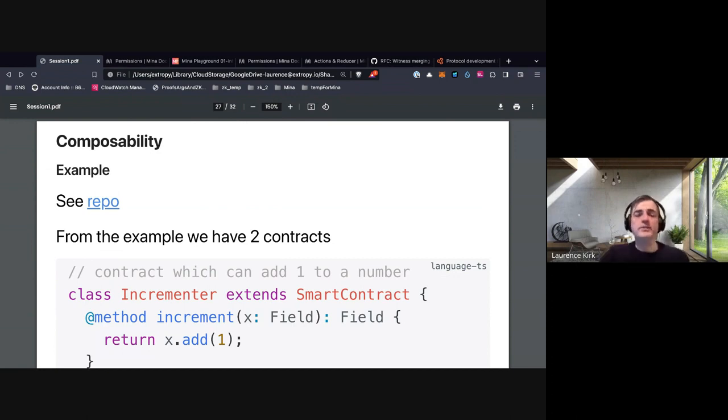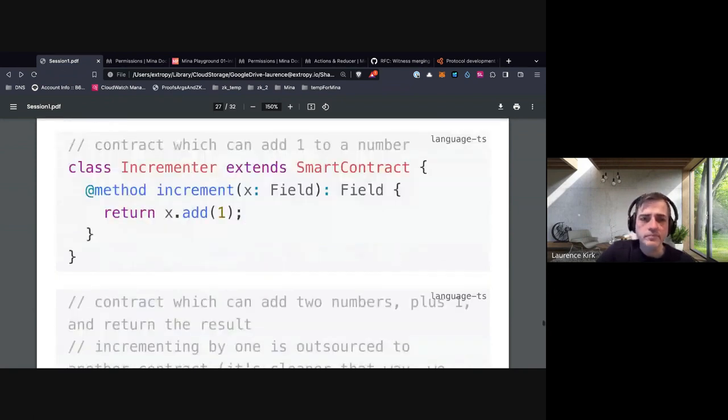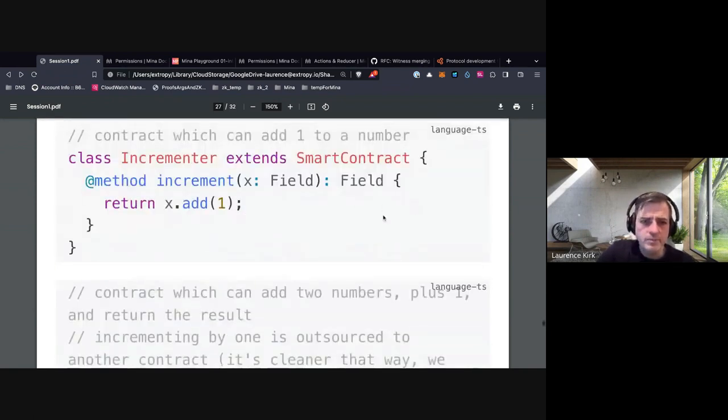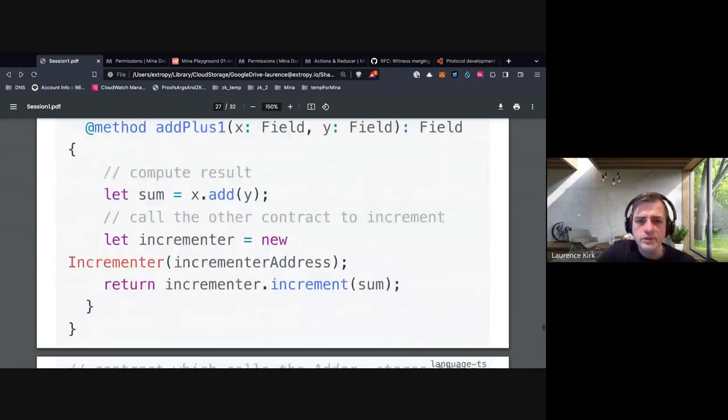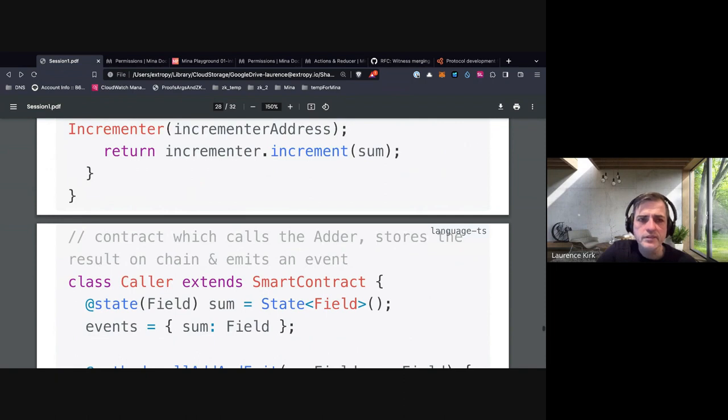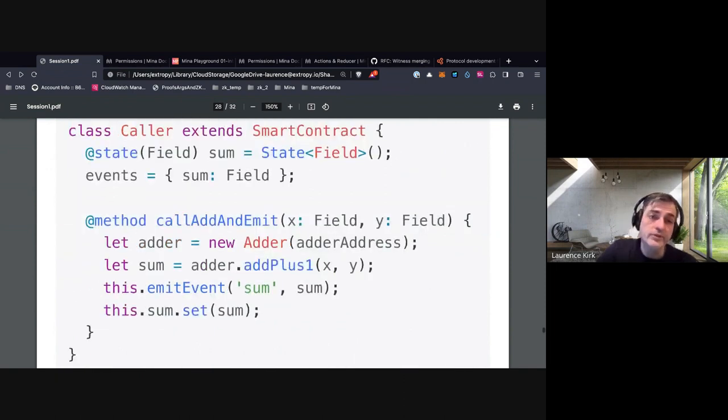So we want to be able to do that, and there's an example as a repo there about that. And what this is doing, we've got a couple of contracts here. We've got three contracts. So our caller here is